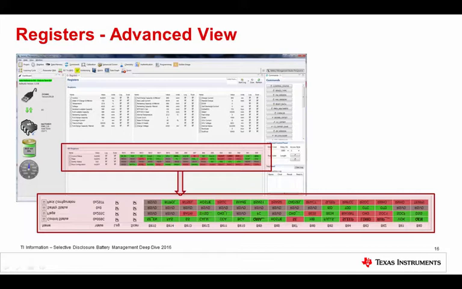So here's an example of the 16-bit fields and so on. You'll see these additional checkboxes, a little hard to see from there, but the log scan option for those fields, basically ticking those on and off will include those in the scan, refresh, or in the log itself. So the idea of a log is simply a periodic scan that's getting saved to a file. Scan is simply periodically scanning all of the registers and updating the UI itself.